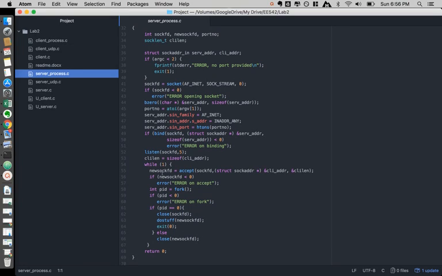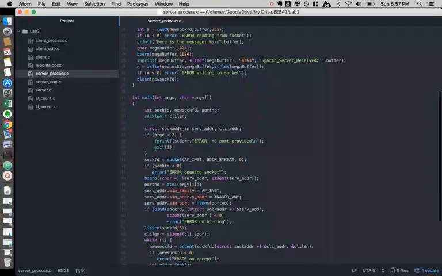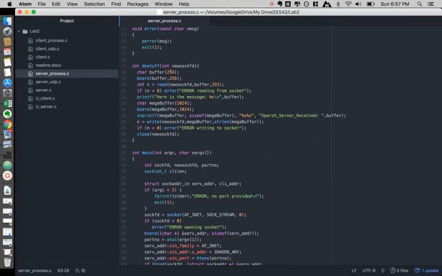What we do is create a while loop in the server code, and in this while loop we have a new socket identifier which accepts connections, and if it finds a connection is there and it can accept it, it forks a new process. In this new process, we call this do stuff function with the socket ID of the client, and here we print the message we read from the buffer